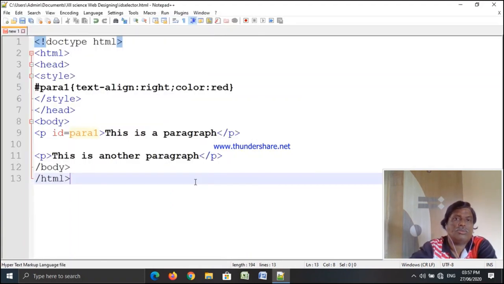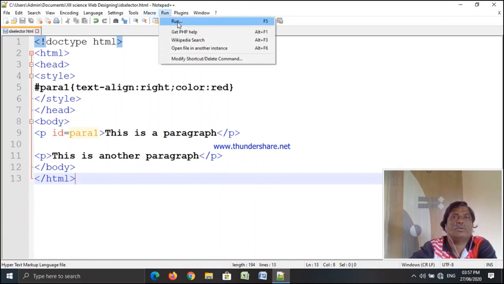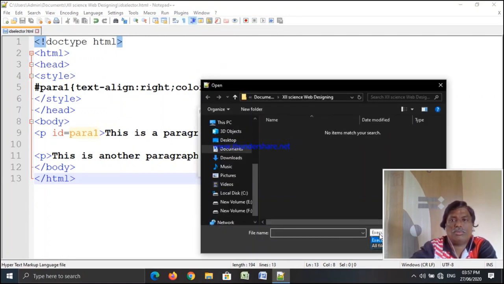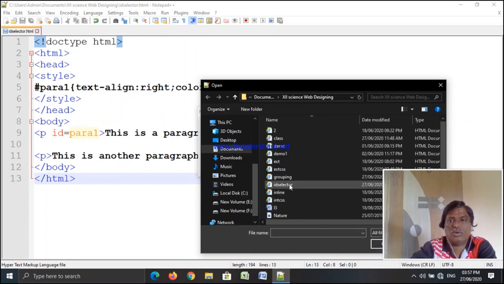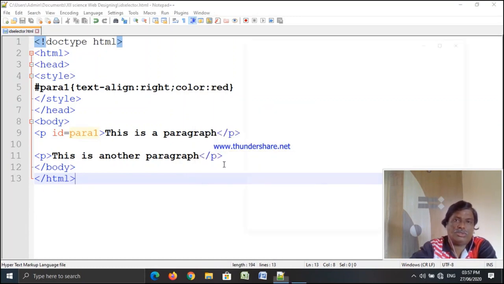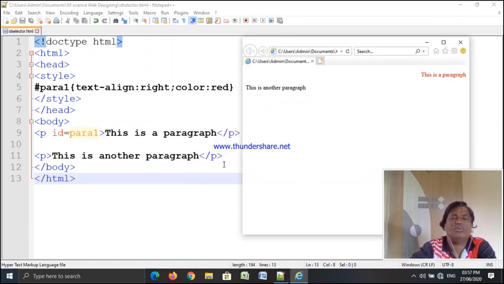Now click on the save button. For seeing the output, click on the run button. Here we have to select the program idselector for output. Now open it and click again on the run button. So we get the output. Now you will see the output in the web browser window.